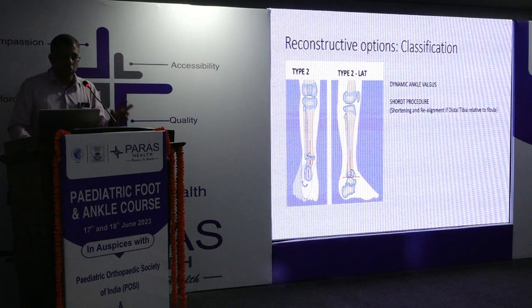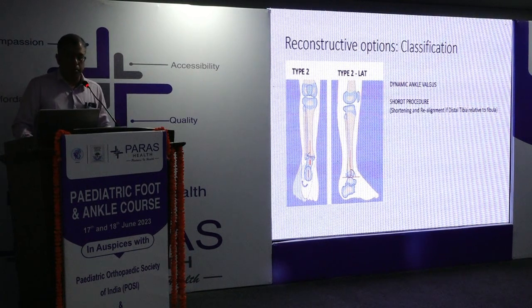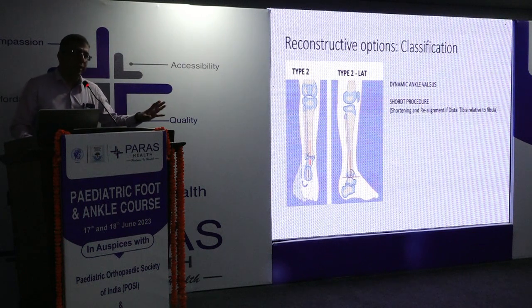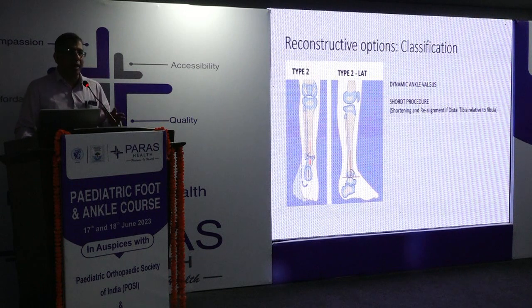Now coming to the type-wise, what procedures should be done. So type 1 is basically a normal foot and ankle, and no procedure needs to be done for the foot and ankle. In type 2, Paley's type 2, this is a dynamic ankle valgus, meaning that the child does not have an ankle valgus deformity at rest,